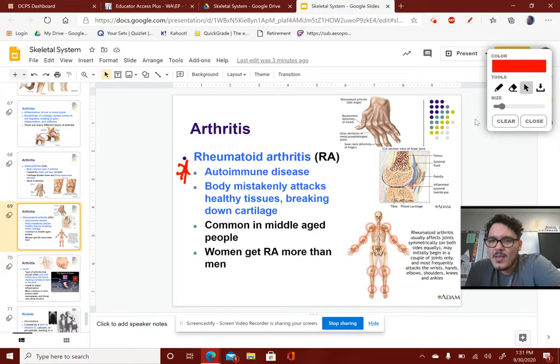Here we see a late-stage rheumatoid arthritis. It literally looks like the hand has been run over by a car. You have deformities that can occur, like the thumb deformity and the fingers, what we call swan neck deformity. So pretty serious stuff. Finally, what I think is pretty interesting regarding rheumatoid arthritis is that it's a symmetrical condition, meaning it can affect both sides simultaneously. For instance, if you have rheumatoid arthritis of the right wrist, it's also going to affect the left wrist. So it affects both sides at the same time.